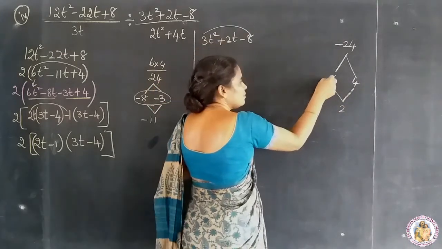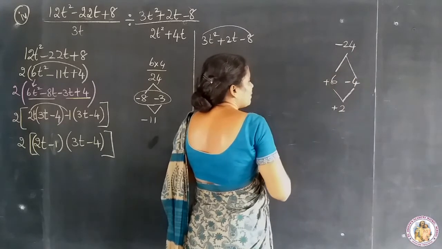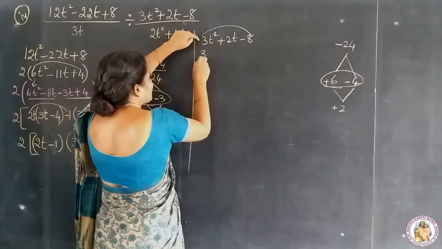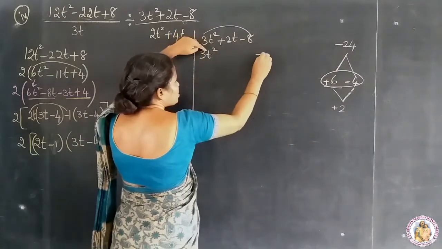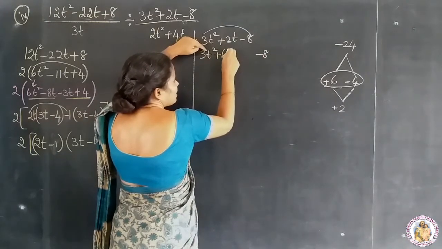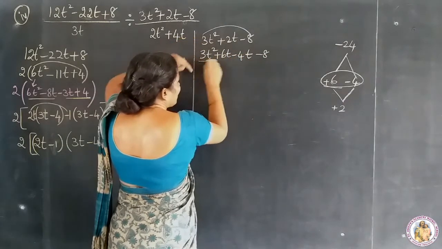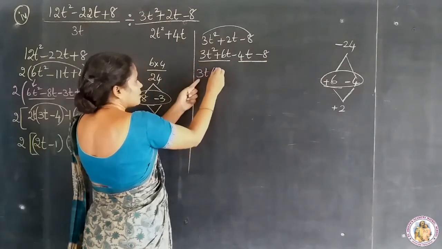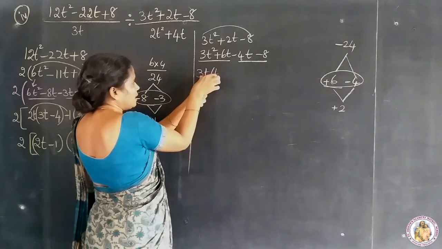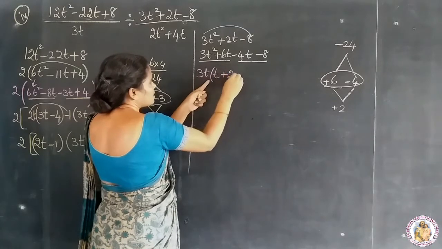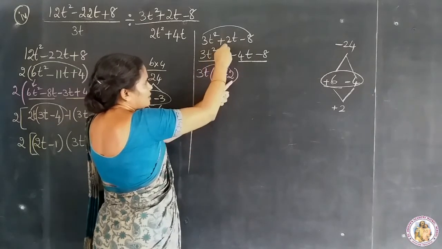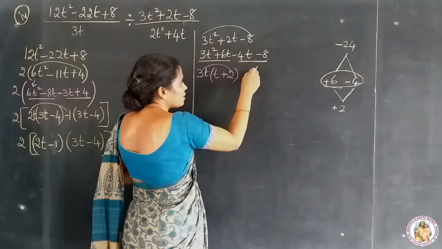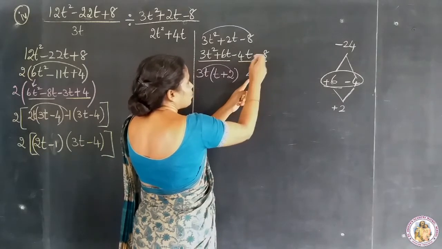So give plus symbol for greater number and give minus for smaller number. So plus 6 minus 4. Okay, write first and the last as is: 3t square and the last minus 8, plus 6t minus 4t. Split the terms, first 2 and the last 2. 3 is common. 3t, 3 into t, 3t square plus 3 2s are 6t. And here we have 4 as common. 4 1s are 4, 4 2s are 8.